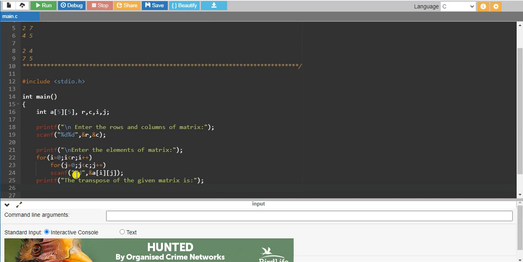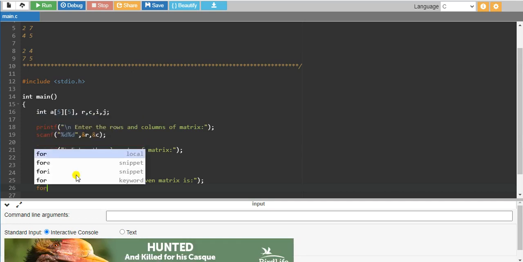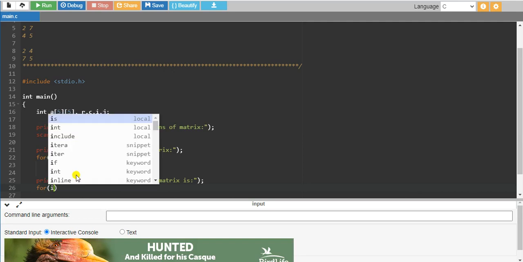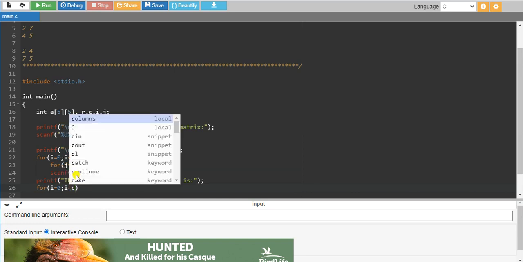So once we got the matrix, we have to transpose that, right? So for transposing, we have to use a for loop again for both rows and columns. So for i equal to 0, i less than c.